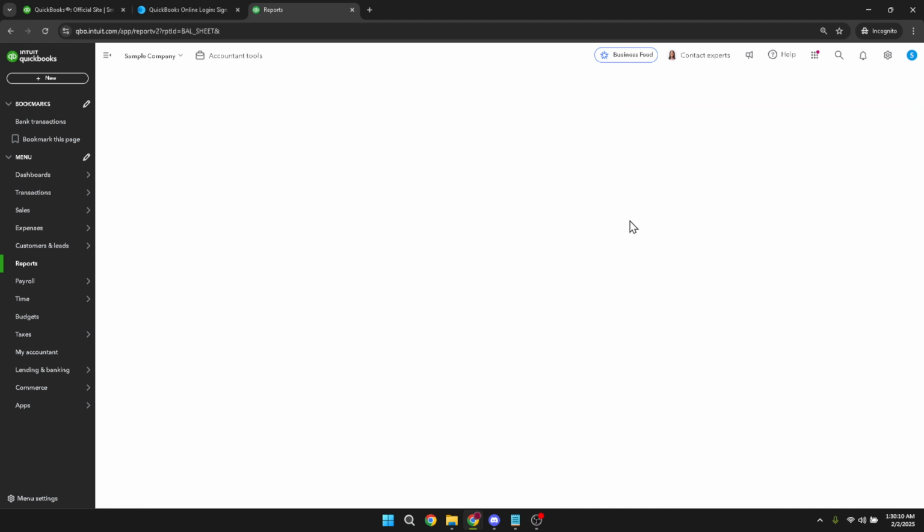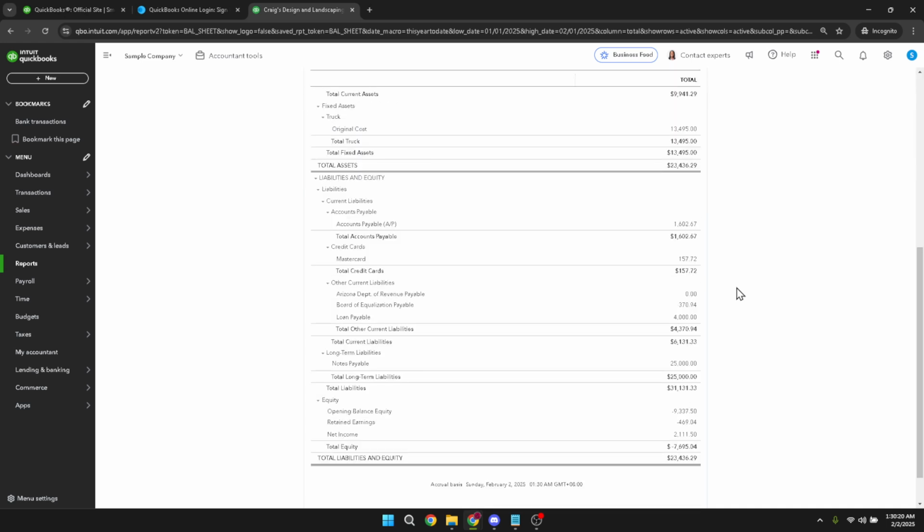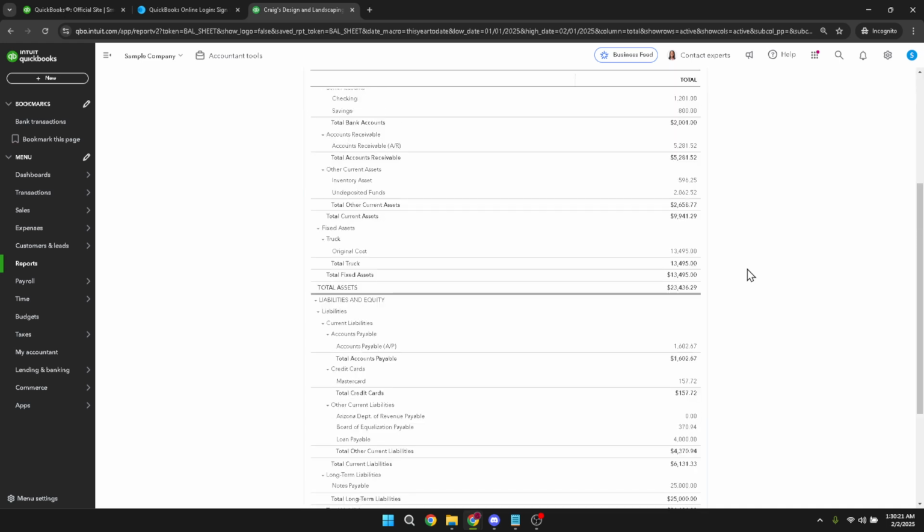With a click, your balance sheet will open up in a new tab or window. This report provides an in-depth look at your financial position, offering insights into your assets, liabilities, and equity. It's a crucial document for assessing your company's financial health. Before moving to the printing stage, take a moment to review the balance sheet to ensure all details are correct and up to date. This double-checking step can save you potential hassle later on.